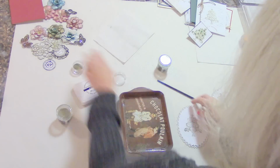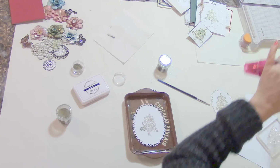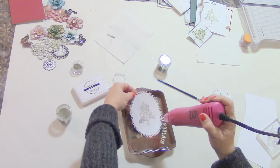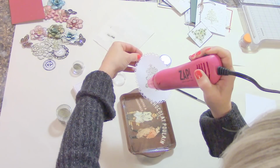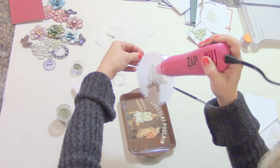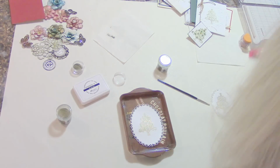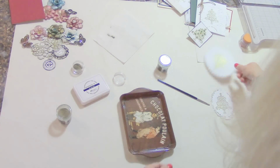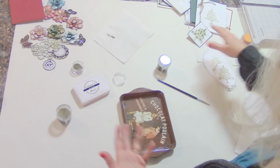Here we go. I think you can see this pretty good from the camera view there. I'm starting down here. As you can see, it's starting to melt. We've got a very pretty tree. So that's easy 101, just heat embossing and incorporating that into